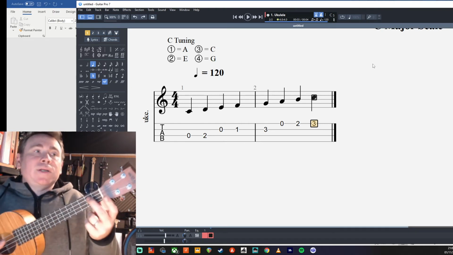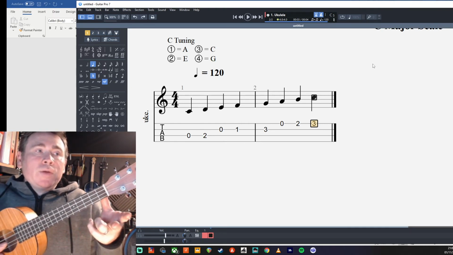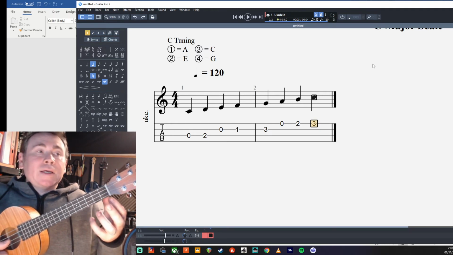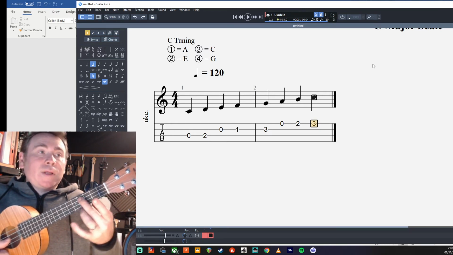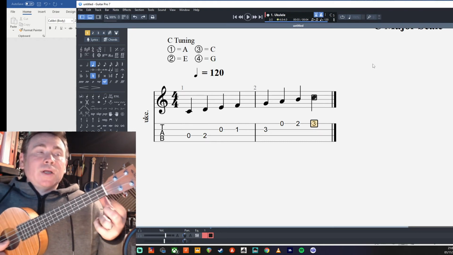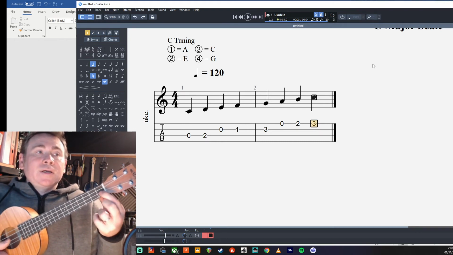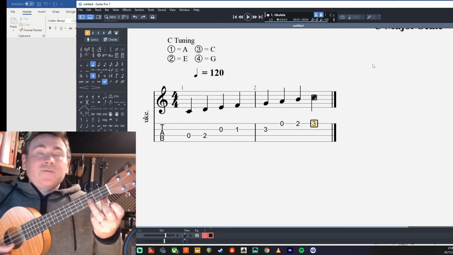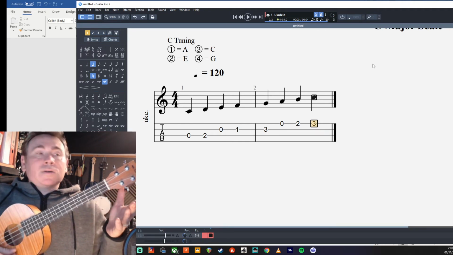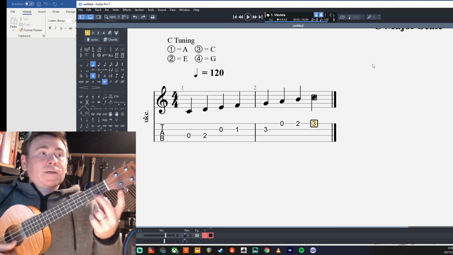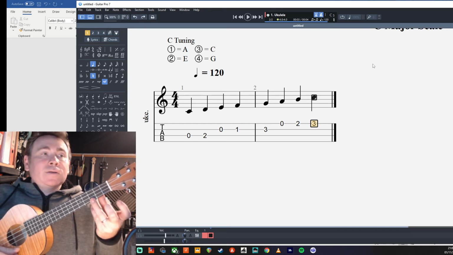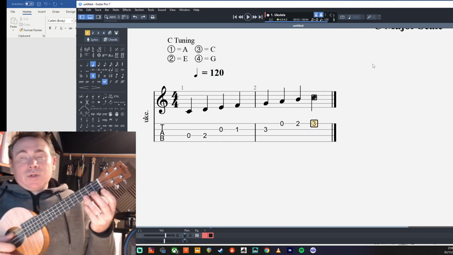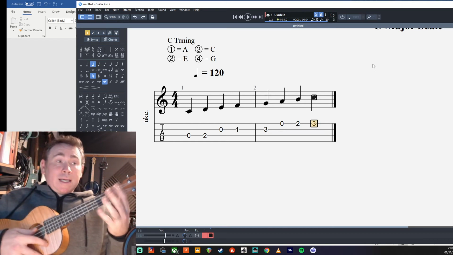So this is me visually playing it now for you. So open C, D. Now if I play the next note, which is an E, so rather than playing it up to the 4th fret, I'm going to play it on the string below. Open E, 1st fret F, 3rd fret G, open A, B, C. So that's how you play the scale on the ukulele across strings in a pattern that's